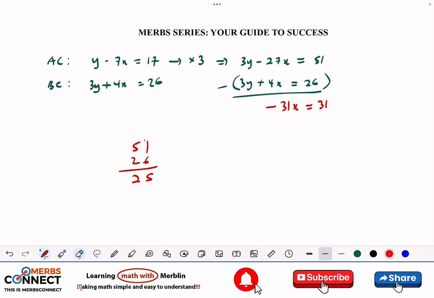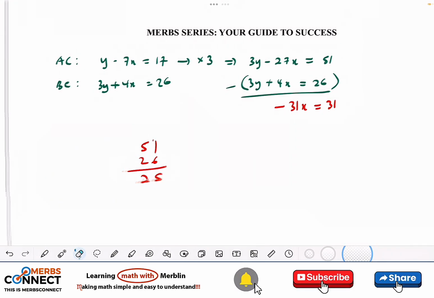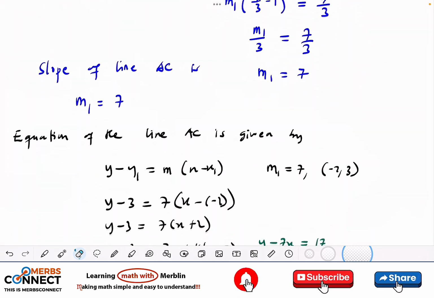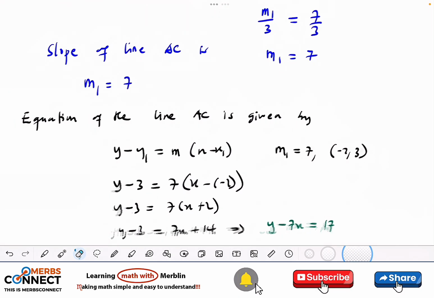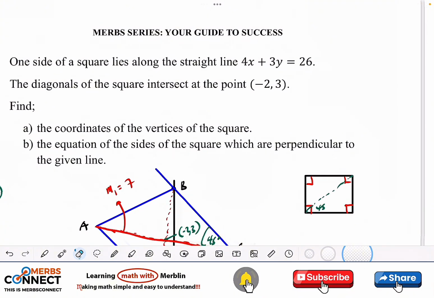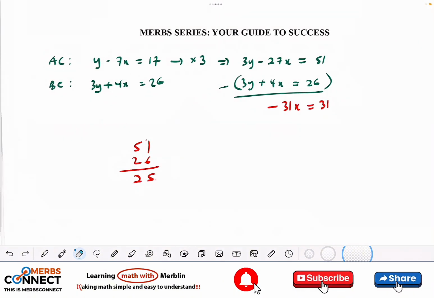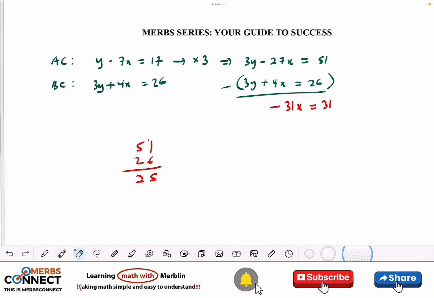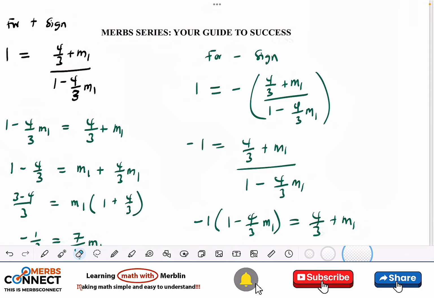Is that right? I'm not using a calculator, so I'm just crazy here. Let me check my equation again. 3y, 4x, 26. Okay, that's right. And then this one that we found, we had